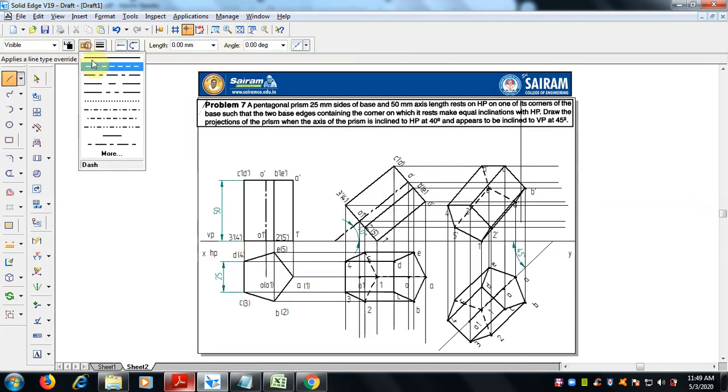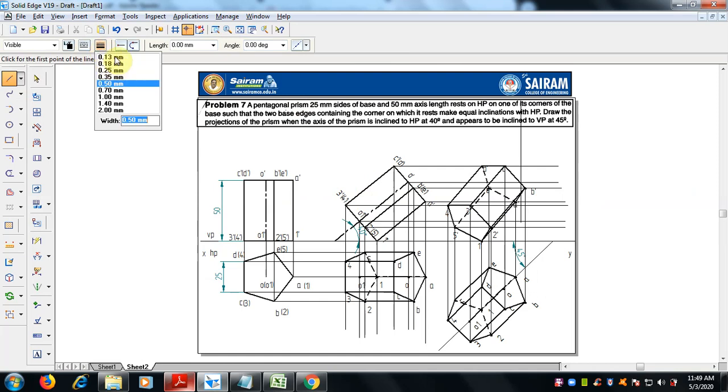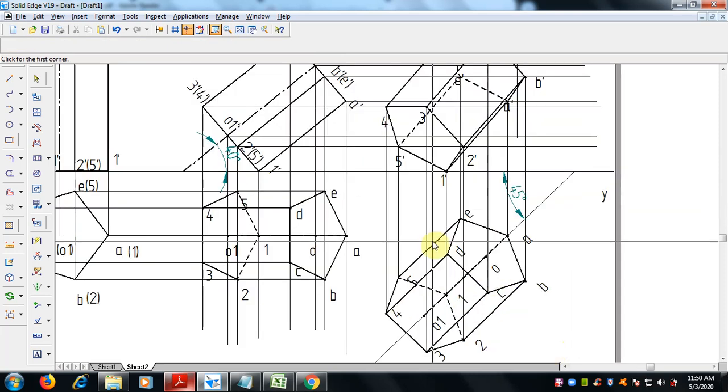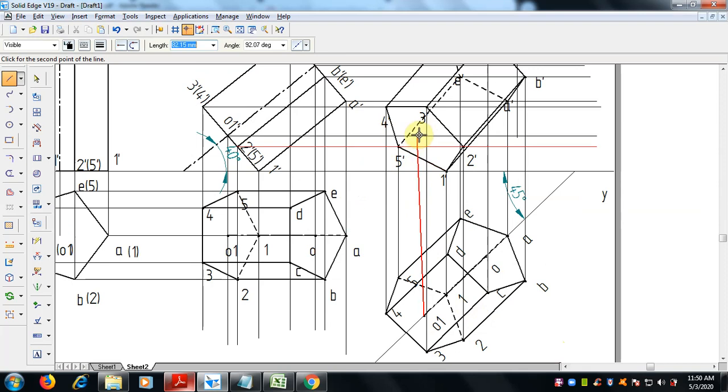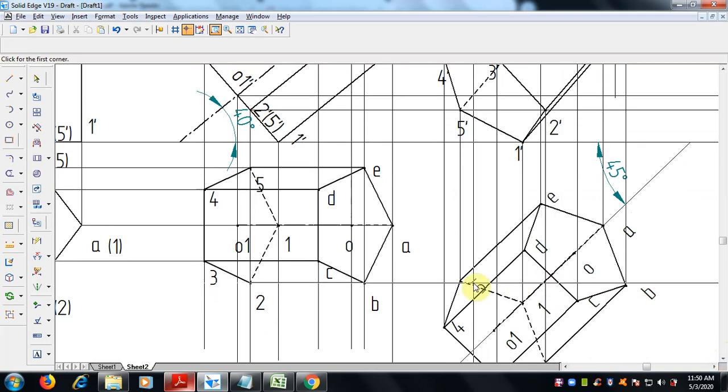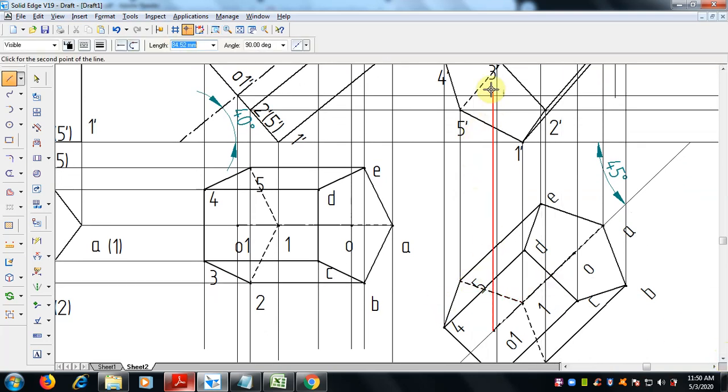Select line, thin line, select 0.13 mm thickness, where this is the edge point, the end of the line, and join it straight. So this is the end line and it should be like this.